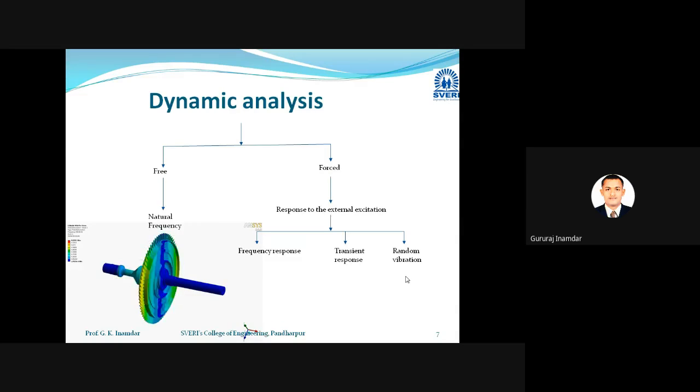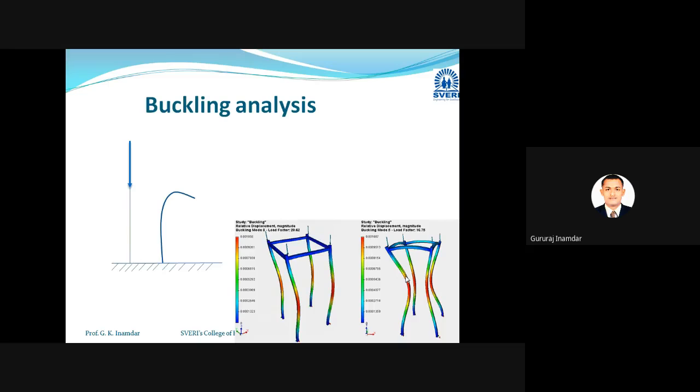This type of analysis we also do using ANSYS software, or in any finite element method software. Now, the next analysis is buckling analysis. What is buckling analysis? Buckling analysis is nothing but to buckle, or to bend, any object. Suppose if you see in the image,